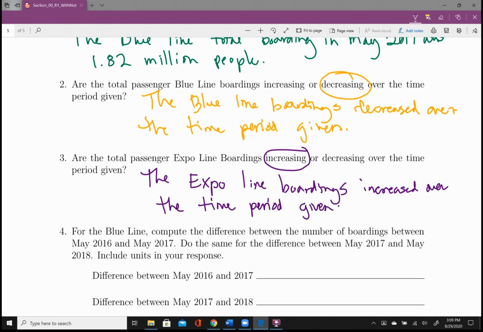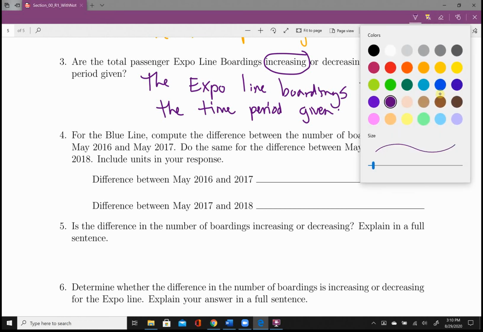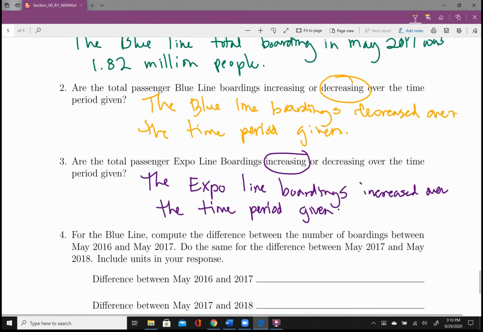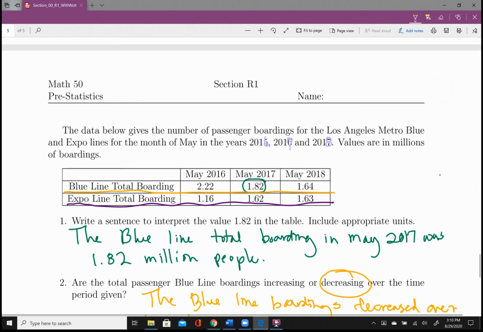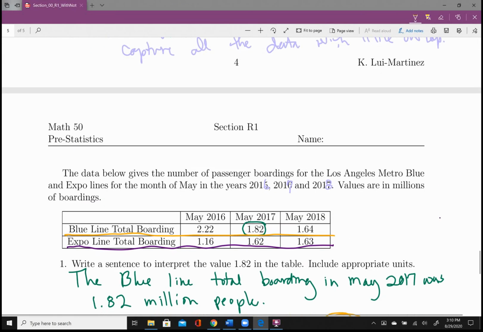Done deal. Moving on. For the blue line, I'm on number 4 now. Compute the difference between the number of boardings between May 2016 and May 2017. Do the same for the difference between May 2017 and May 2018. Include units in your response. Okay, so difference, that means subtract, right? Let me change my color here. Let's go brown. Why not? Okay. So 2016, 2017. Oh, and I'm sorry, are we on blue? Yeah, we're on blue line. Okay, so that'll be